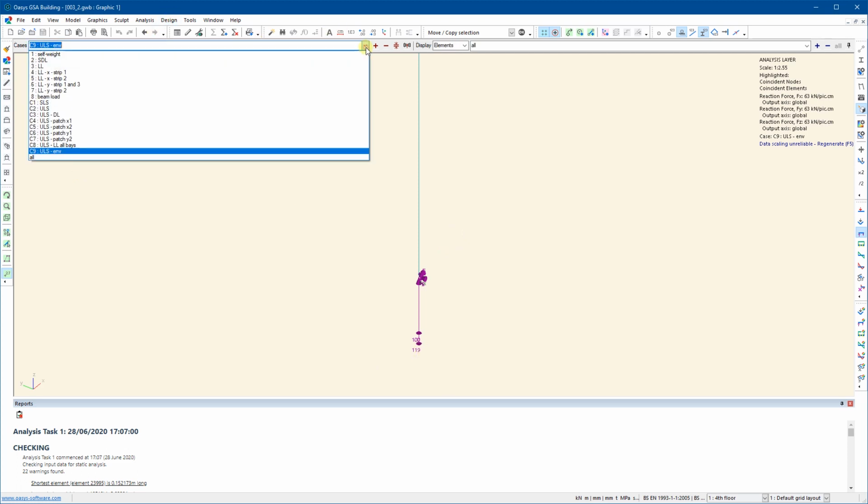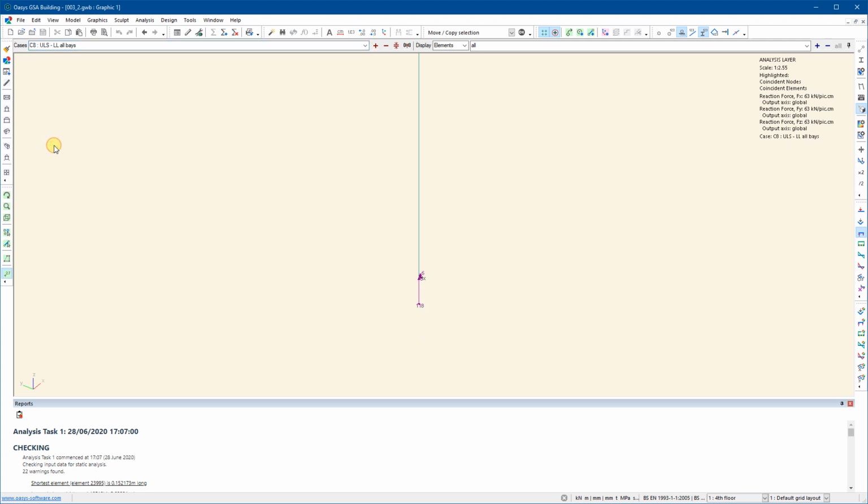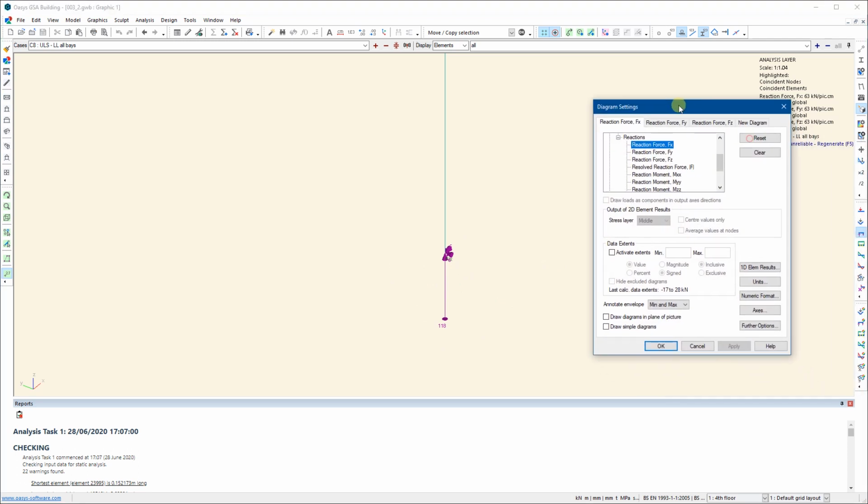So maybe I'll go to something that's easier to look at, so it's just one value. So we'll look at the ULS case with all bays with the applied loading. So you see we've got a vertical reaction here of 118. So that's showing obviously all of the reactions. We could come to the diagram,